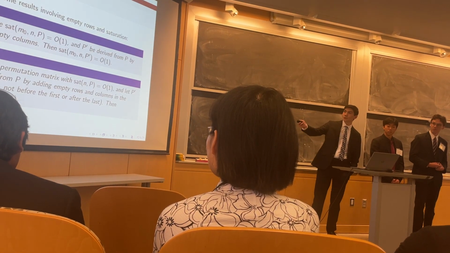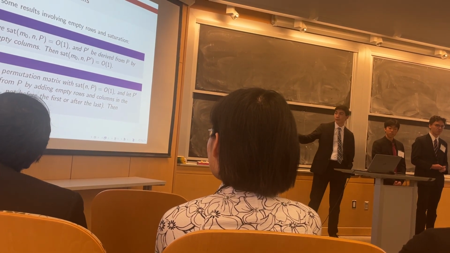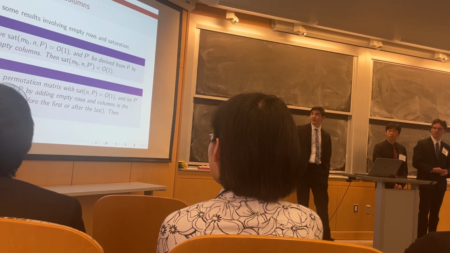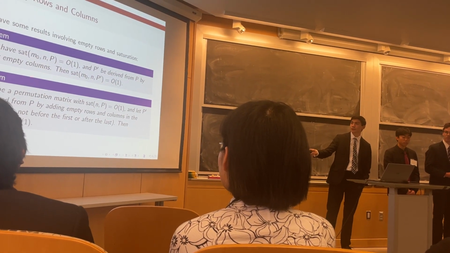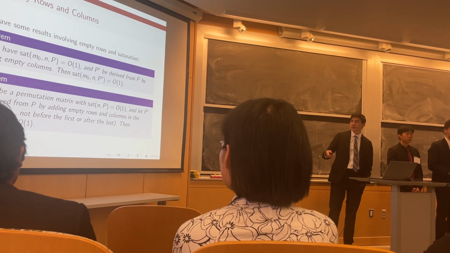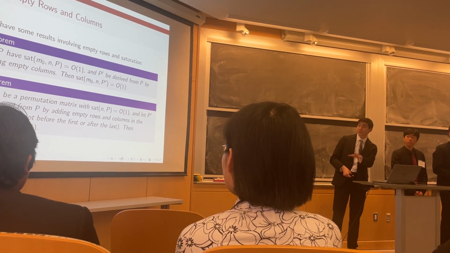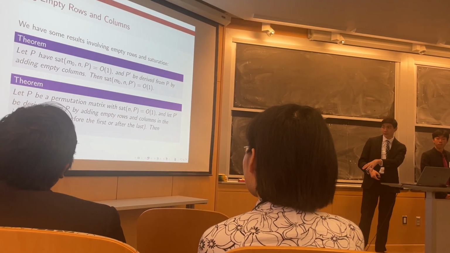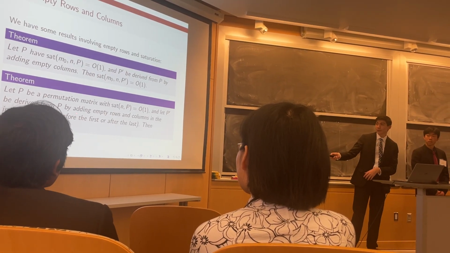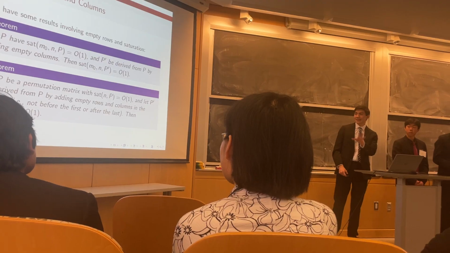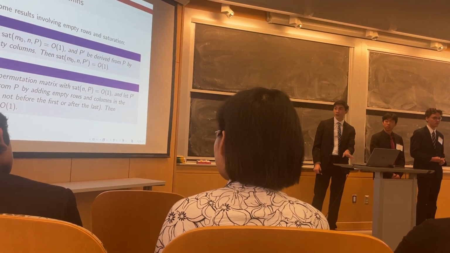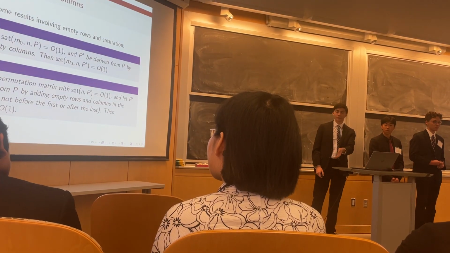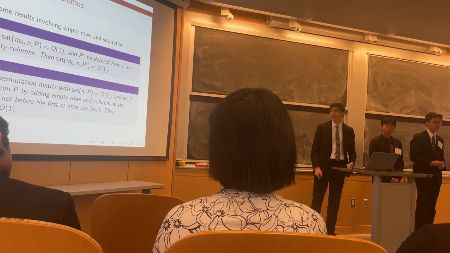So the two results that we have over here is that when we fix one dimension, then if we fix the number of rows, then adding an internal empty column doesn't change the saturation function from bounded to linear. And also, if we have a permutation matrix, then adding an internal empty row or column doesn't change the saturation function from bounded to linear, which is very useful because, as we already have seen, we already have a classification of all of the